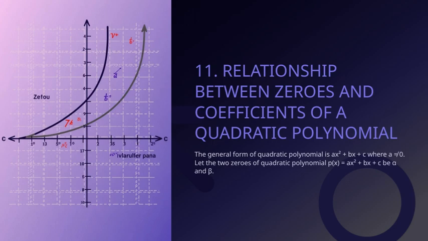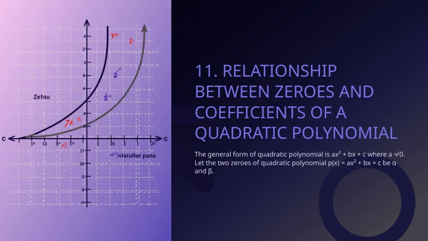Now, suppose this quadratic polynomial p(x) has two zeros, which we'll call alpha and beta. These zeros are the values of x that make the polynomial equal to 0. Understanding the relationship between these zeros and the coefficients a, b, and c is key to grasping the behavior of